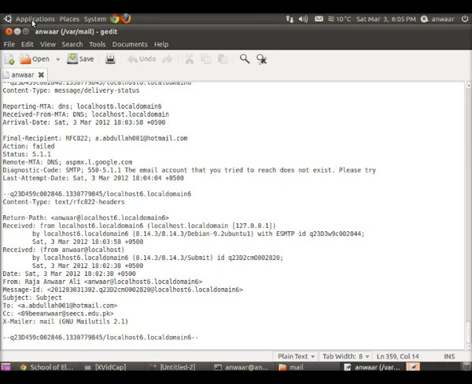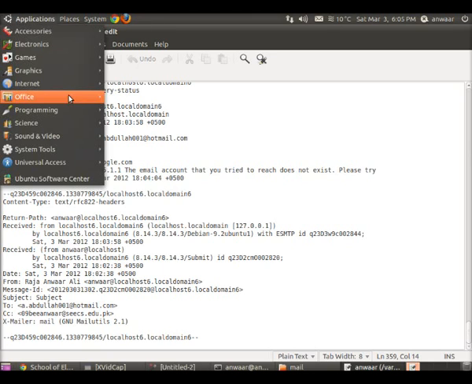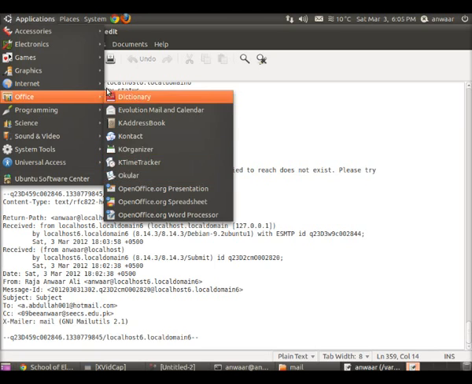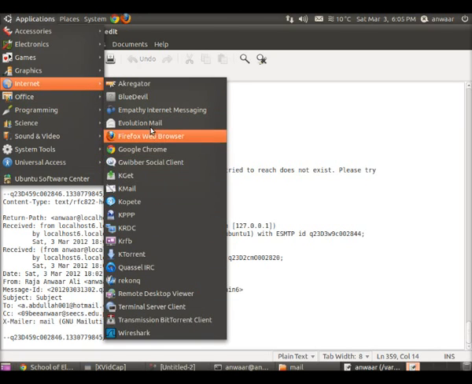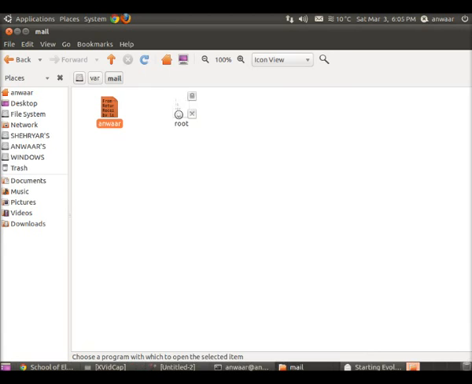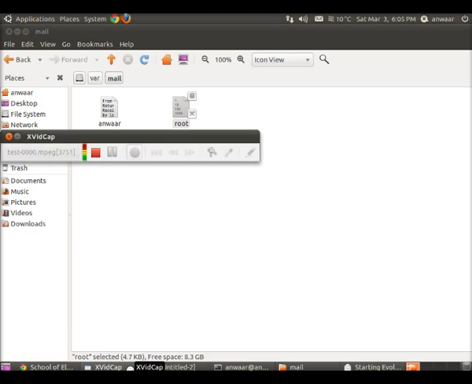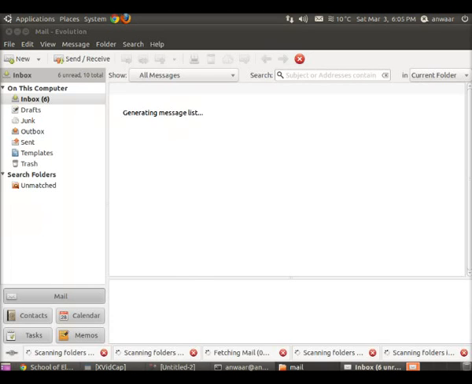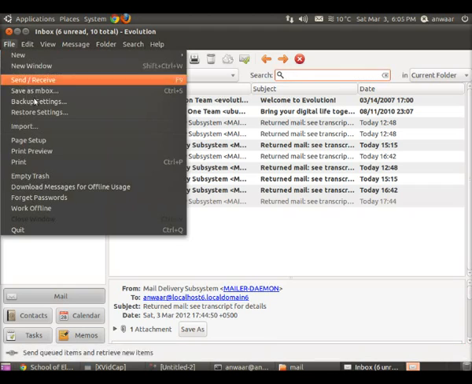Alright, let's close this and try it in some mail client software. I will check in Evolution, very famous for Unix, Linux, GNOME. I will not deal with the root file. This is already logged in and cannot be deleted. I will import the file.